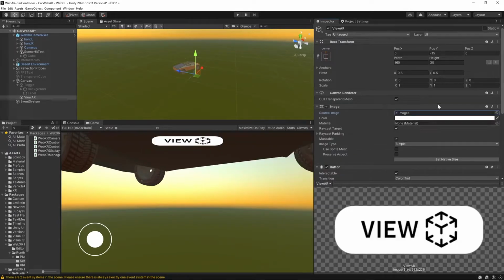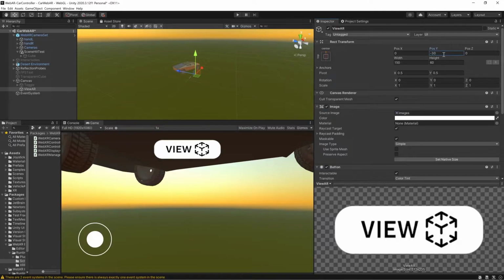So I have all the assets here, so I'm just placing that with the size exactly to the UI. You can try to rescale if you want a different size of this button, but I'll be keeping it as 150 by 60, and we can position it. And you just have to drag and drop the WebXR manager into this button and assign that particular toggle AR function, right? On click we can just enable that.